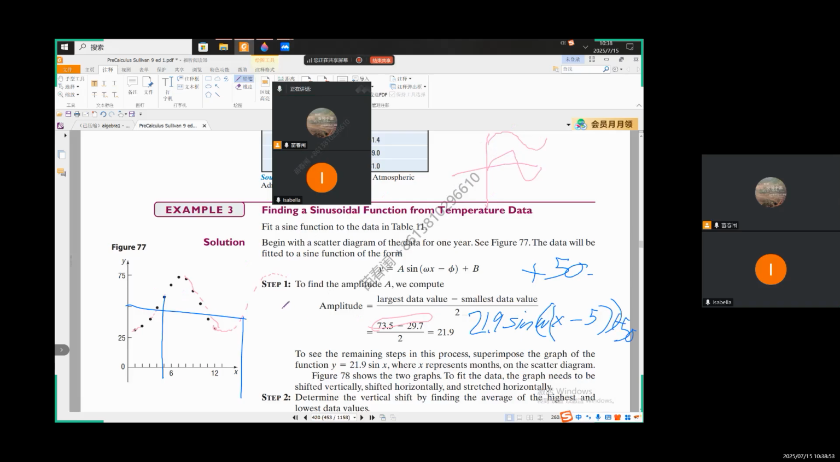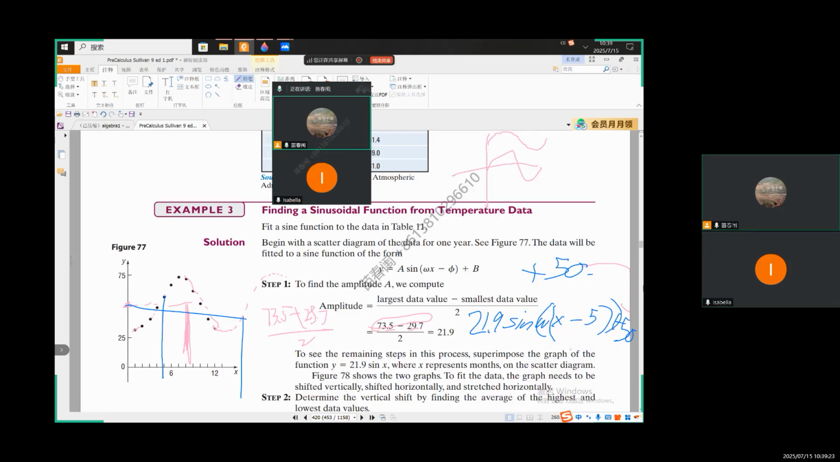I think I can find that vertical shift. That plus 50, right? It's a 73.5. This is the correct one. Plus 29.7 divided by 2, right? That's the midpoint, right? So that's the vertical shift, right? So that'll be your 50 thing. Yeah. And then